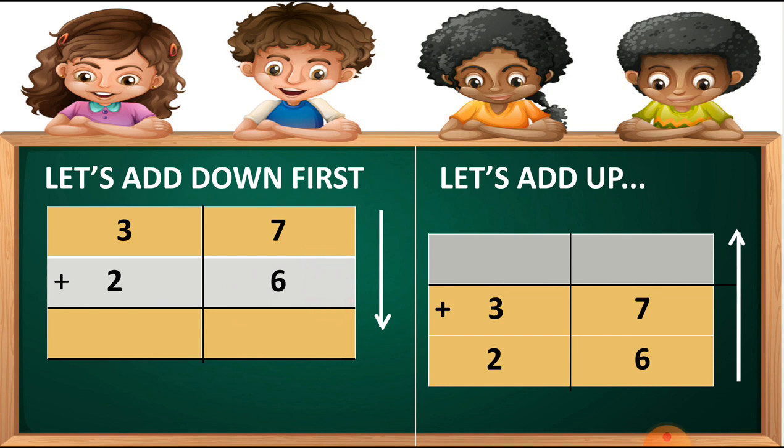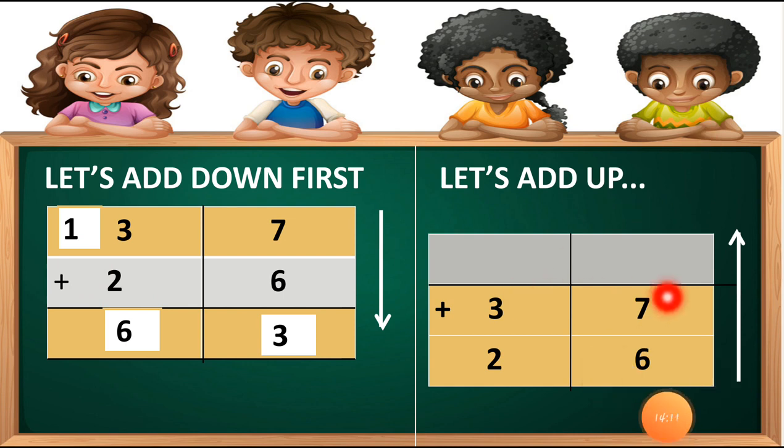So students, what is the total of this? 13. So we can put number 3 under the ones column, and 1 will move as a carry forwarded number at the tens column. Now students, let's move to the tens column, which is 3 plus 2 plus 1. So here our answer is 63. Now let's move to the next one, which is 37.